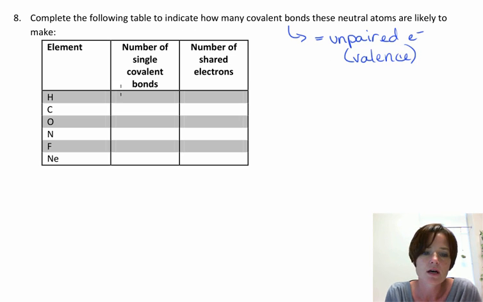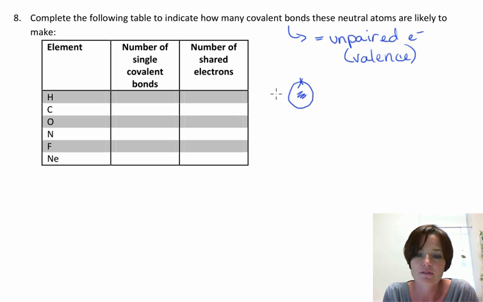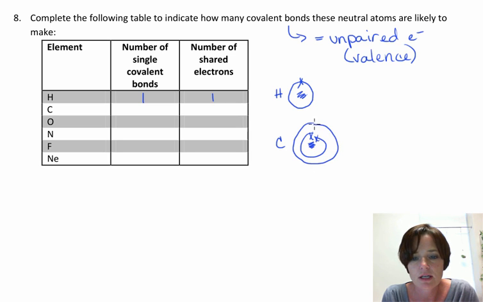Okay, so keeping that in mind, when you draw the electron configuration of hydrogen, if we draw that here, hydrogen has 1 electron, so this is what its electron configuration looks like. So hydrogen is going to make 1 covalent bond because it has 1 unpaired electron, and so it will end up sharing 1 electron with another atom. When we look at the next one, carbon, if we draw carbon's electron configuration, carbon has 2 on the first shell and it ends up having 4 on the next. And so with that, we have 4 covalent bonds that it's going to make,